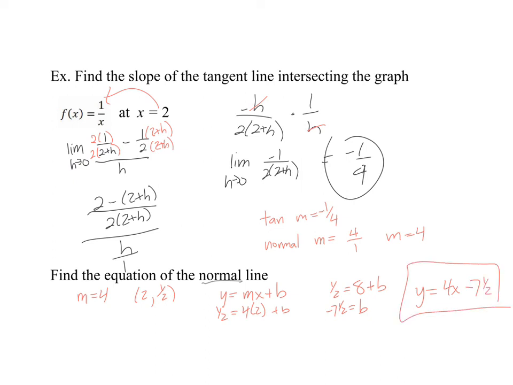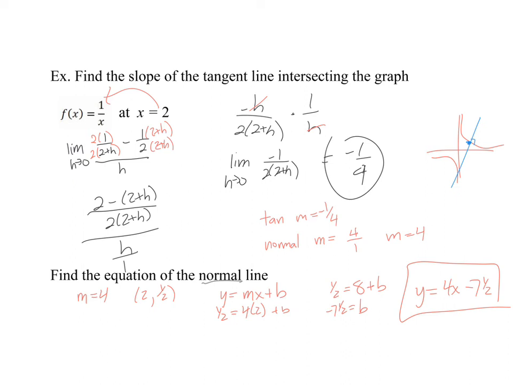And again, you could graph the original, and you could graph that, and you would see, instead of it being a tangent line this time, so this graph looks something like that. So if we looked at when x is 2, and we drew this tangent line equation, this 4x minus 7.5 would end up looking perpendicular to that, wherever that coordinate was. And I didn't draw this very good, but it gives you a good idea. Okay, so it does the exact same thing as we did for the tangent, except it's going to be perpendicular